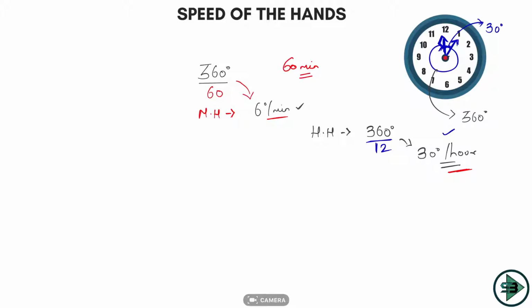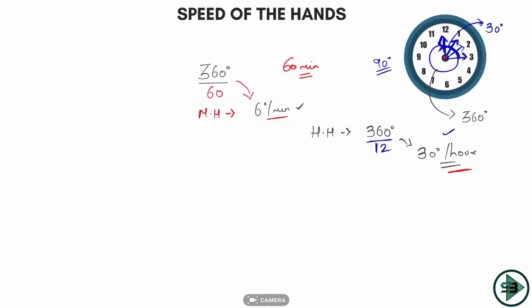So if I take 2 hours, 12 to 2, it will be 60 degrees. If I take 3 hours, 12 to 3, if it is 3 o'clock in the watch, the angle between the two hands of the clock will be what? 90 degrees. And that's what you have to understand here as well. Something that will be required in the next problem as we solve this.